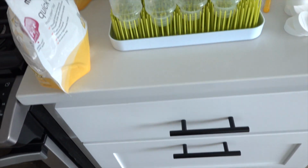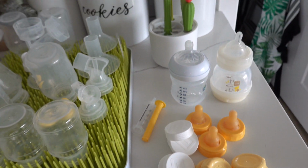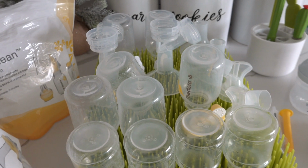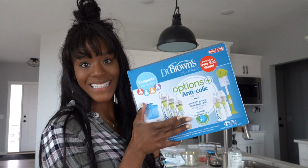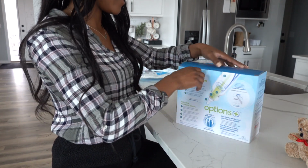You guys, what I'm working with here, I've got like all these bottles and pumping things that I use. Plus, I have bottles in the fridge with stuff. So yeah, it's a lot of bottles. So I'm gonna open these, which I should have opened a month ago when I first told you guys how excited I was about opening the Dr. Brown's bottles and using them. They are anti-colic, and this is the Options Plus Dr. Brown's bottles. Yeah, I'm gonna open them,